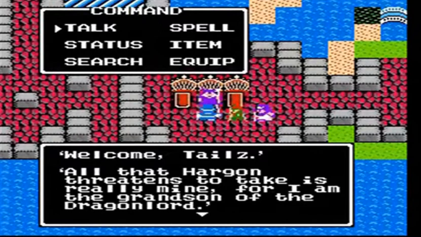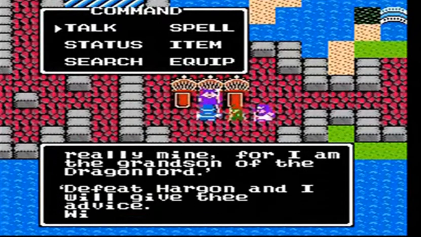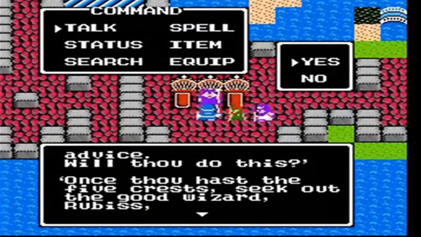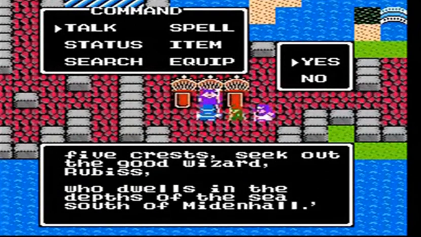Welcome, Tails. All that Hargon threatens to take is really mine, for I am the grandson of the Dragonlord. Defeat Hargon, and I will give the advice. Will you do this? Once thou have the 5 crests, seek out the good wizard Rubus, who dwells in the depths of the sea